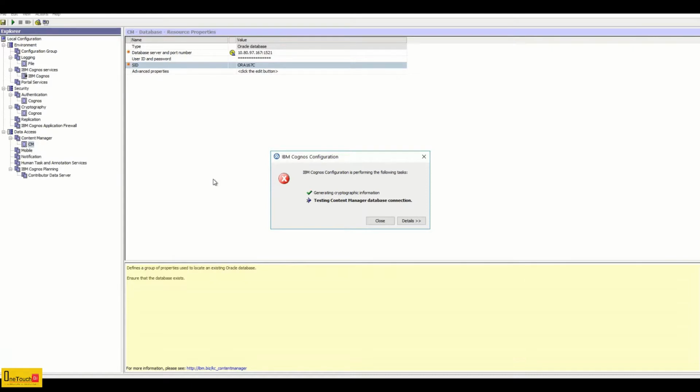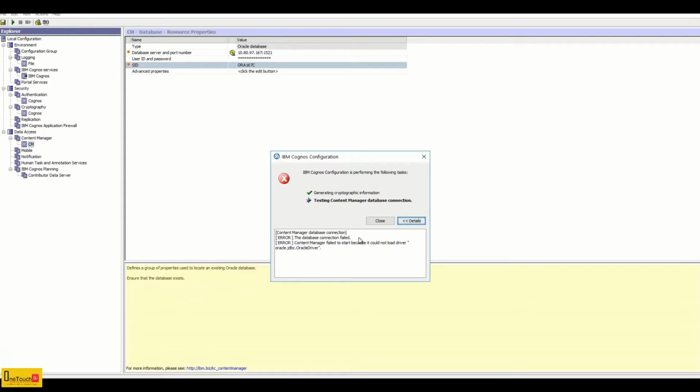Clicking on details will let you know exactly what message you got. It shows very clearly the jar files it is not able to load. You got the reason, right? We copied the jar files after we launched the Cognos configuration, so you're getting this message.